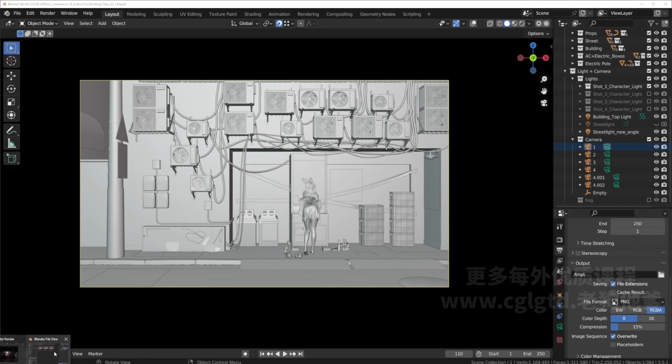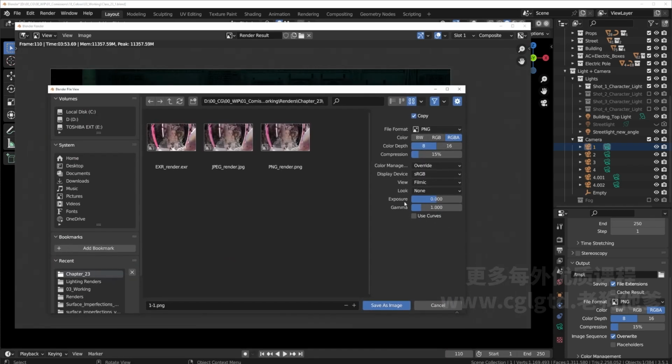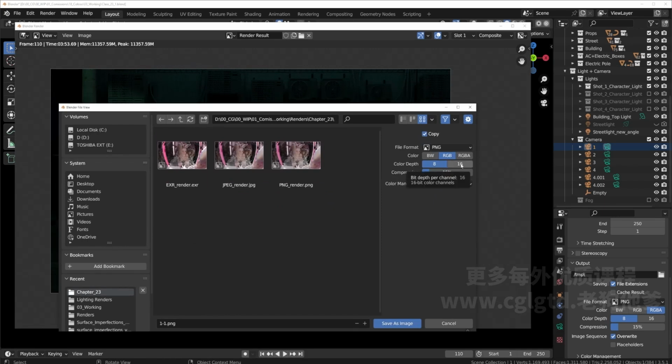So now we'll have the PNG here, and for the color management, we can use the override here to override the Filmic or Standard color, or we can just follow the scene. For this, we'll have RGB because we don't have any alpha maps, no transparency, and you can change the color depth to 16 and have the compression down to 0, and we can save the PNG,